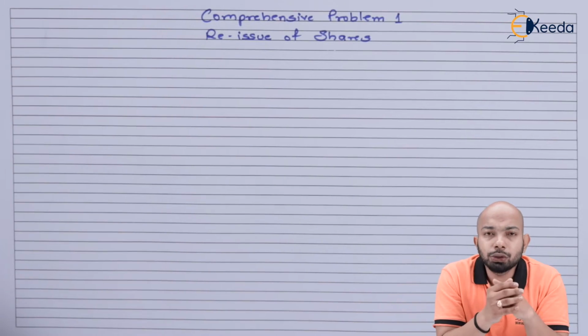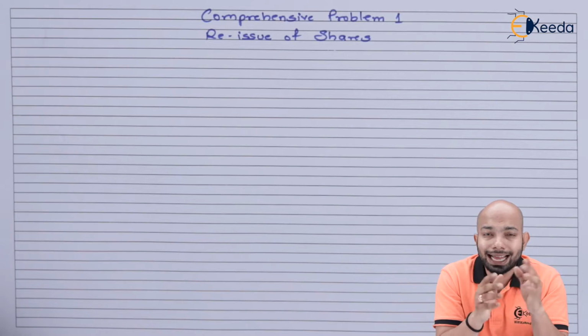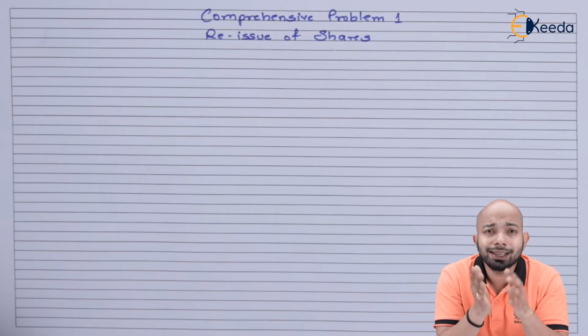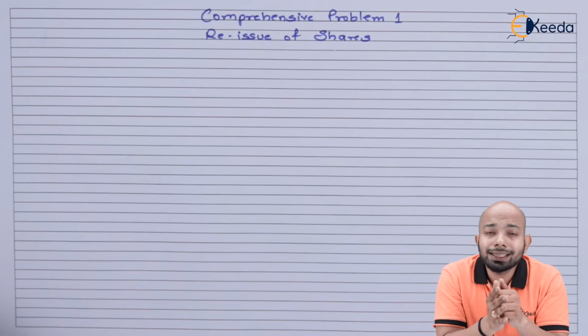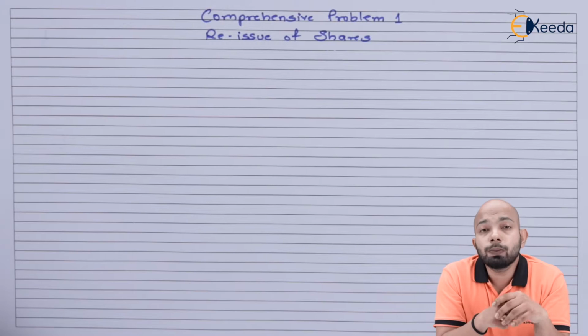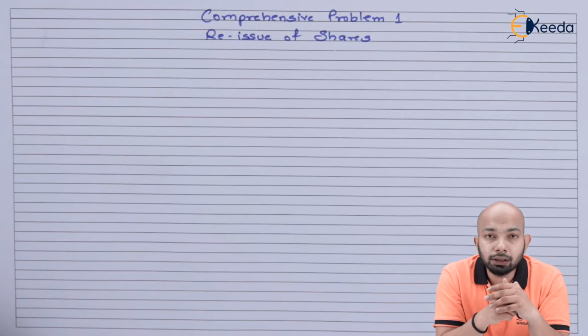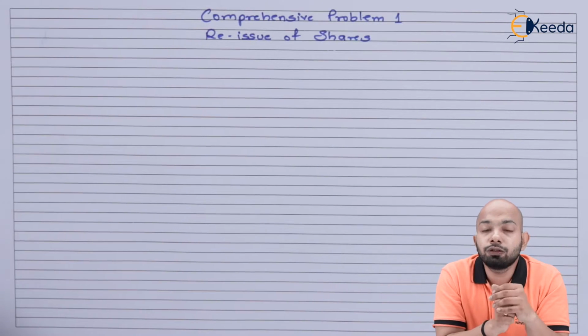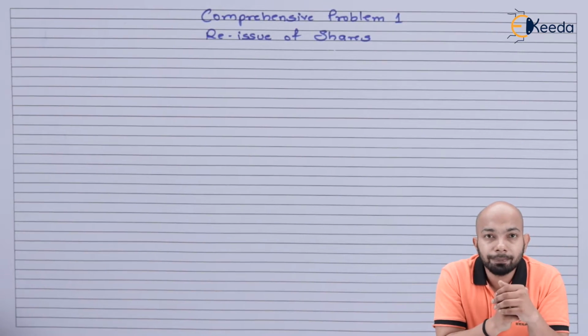Now this reissue usually happens at a discount because these are second-hand shares, hence we are reissuing them at a price less than the original face value. So let's figure out with the illustration how to pass the journal entries that we have already learned regarding the reissue. These will be the journal entries related especially to reissue of forfeited shares. Let's start with one.